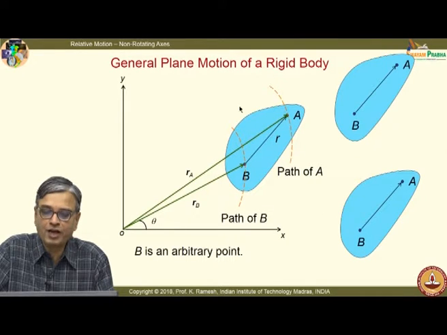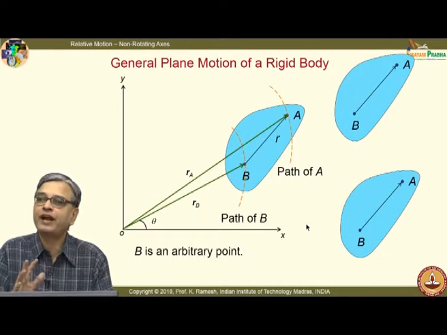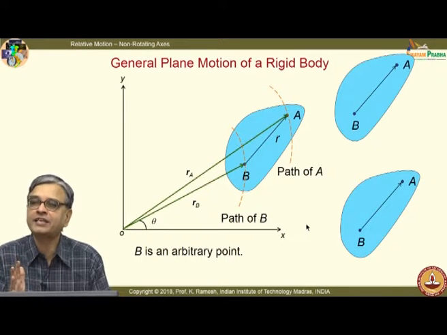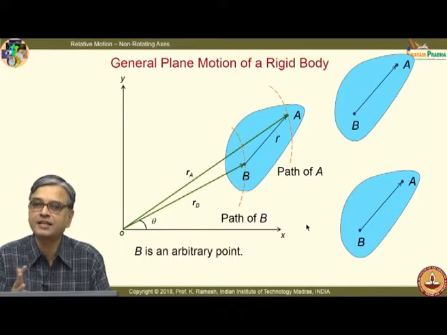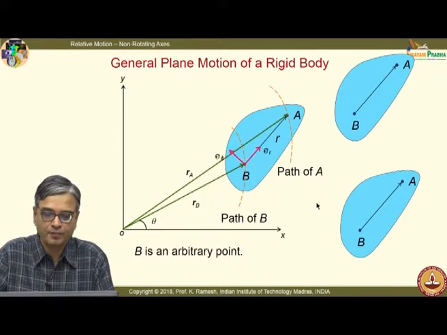Suppose I want to find out rotation of this body, what is it that I should do? I already have a line AB scribed on it, just find out its orientation from a fixed reference and then monitor what happens to that. So, let me put that as a line like this and put the angle phi.